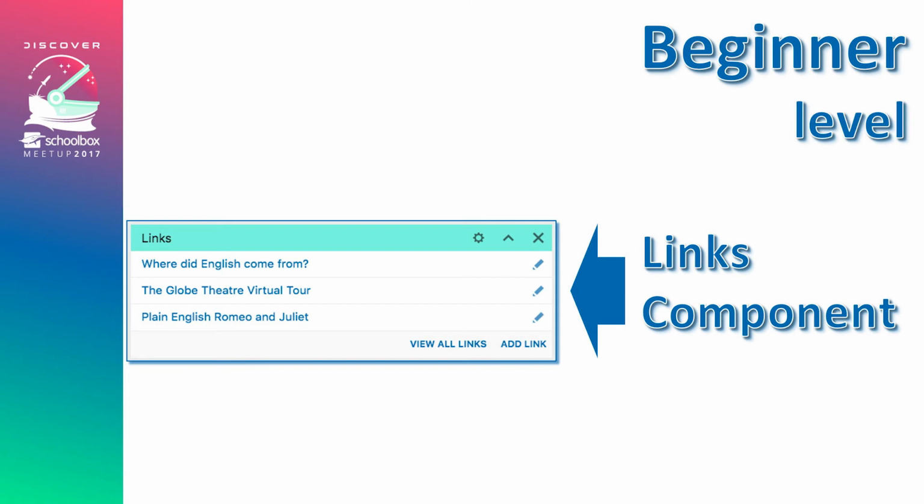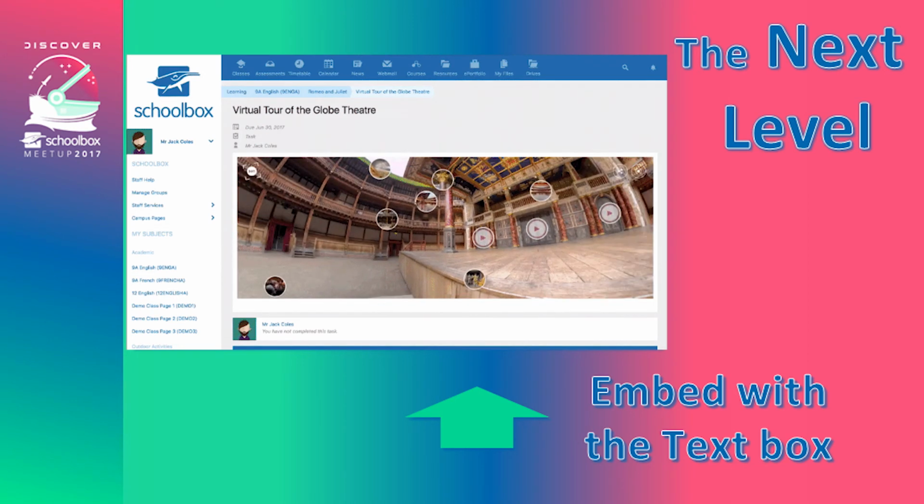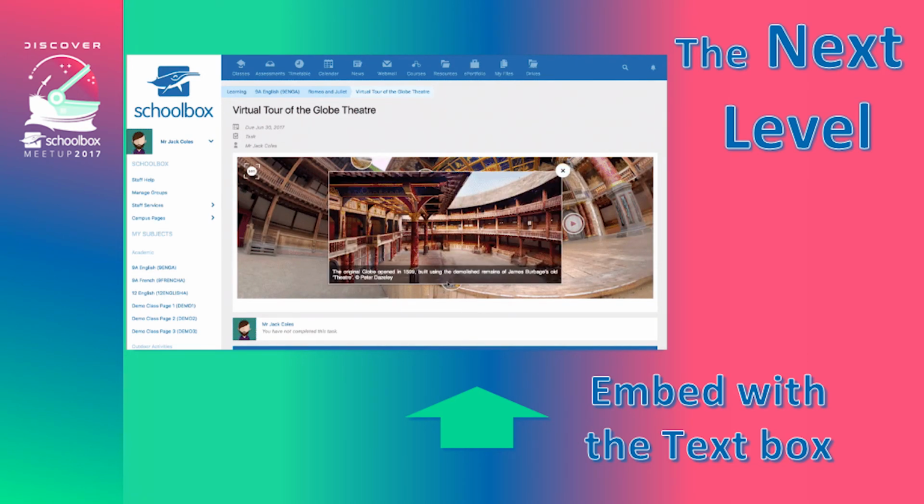Next one. This is my favourite one. This is the last one I've got to show you. Displaying external web content. So normally in Schoolbox you can just grab the website link and add that to the links component. And a lot of teachers use this to control what websites students are using for their research or whatever it may be. However, instead of having them open up a new tab or redirect them from Schoolbox, another